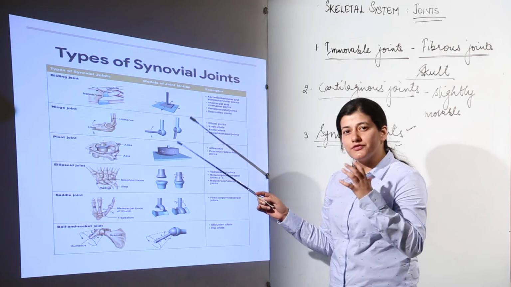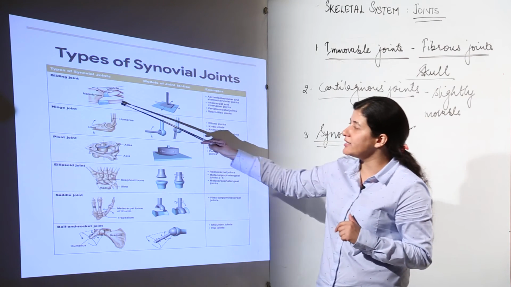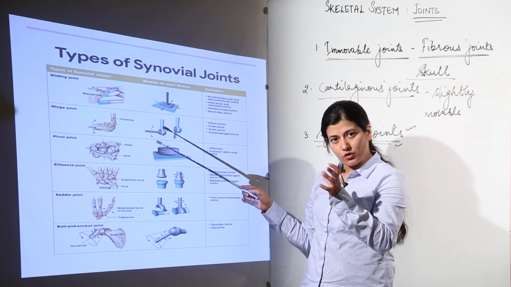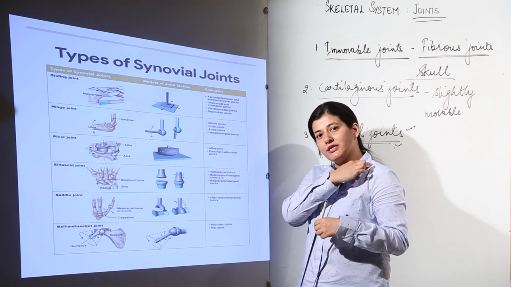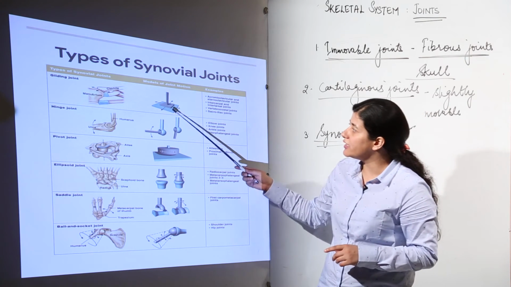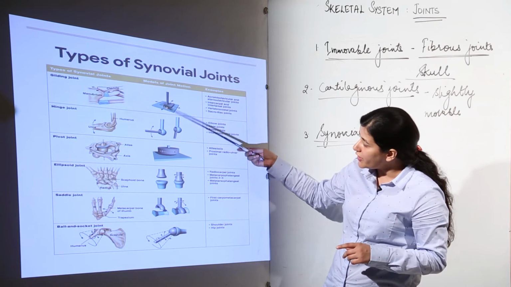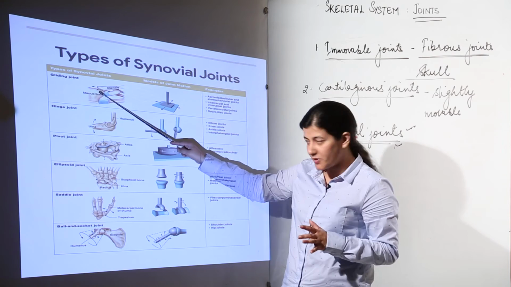Now, it is difficult for you to understand this particular movement. What you have to see over here is that the gliding joint is at the acromion. What was the acromion? It was the site where the clavicle came and articulated in the appendicular skeleton. So we have movement in all directions here. This is the bone, and the joint is providing movement in 4 directions. So this is the gliding joint, as you can see over here.